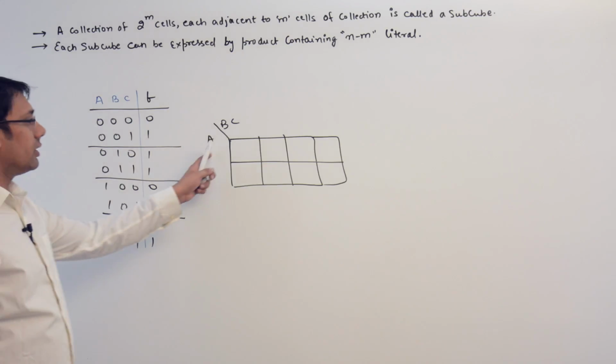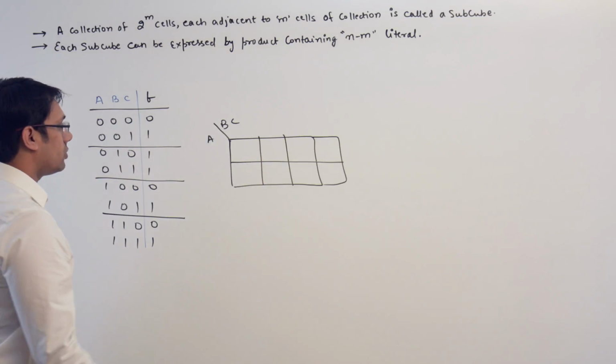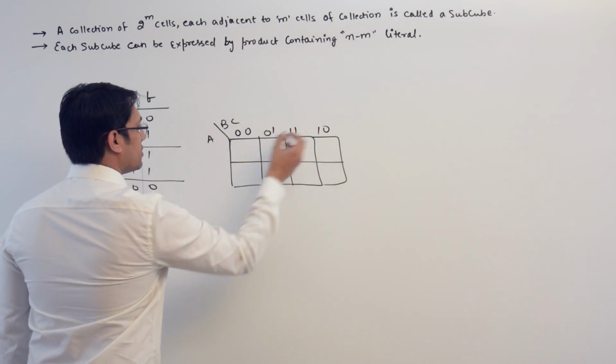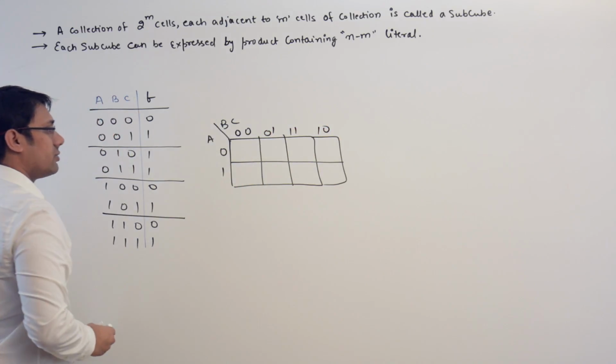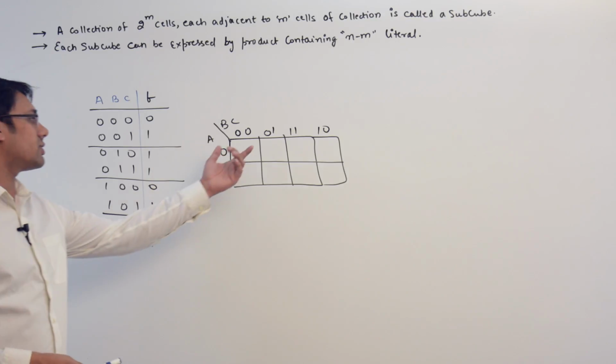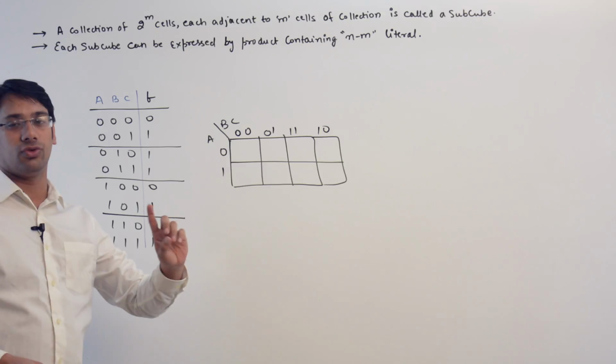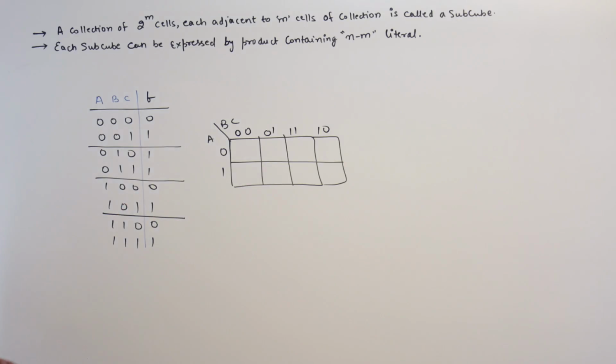So assume we have A and BC, and assume this is 0, 0, 0, 1, 1, 1, 1, 0, and this is 0 and 1. I discussed in the previous videos why we are using this: because this is a cyclic code, and in cyclic codes, for two adjacent cells we have a change of only one variable. Okay, and for this particular function,